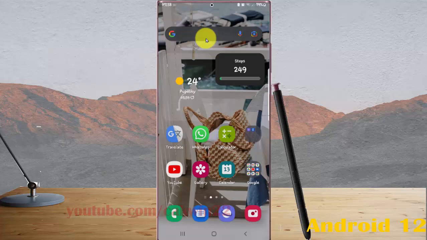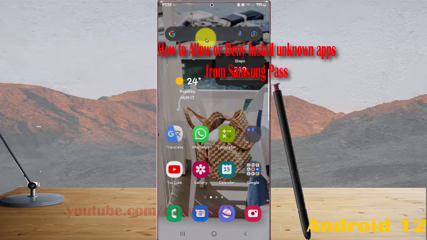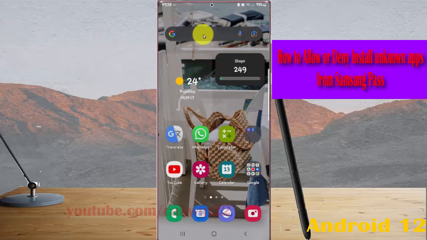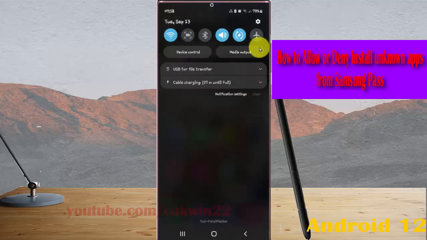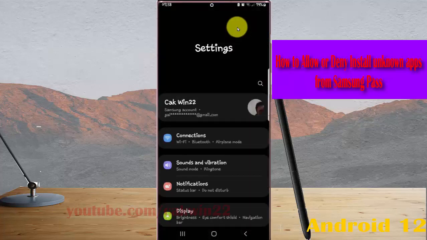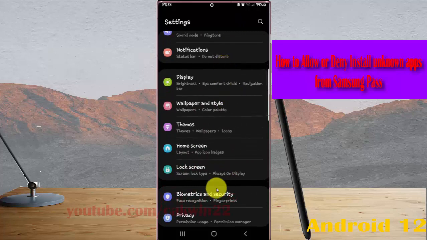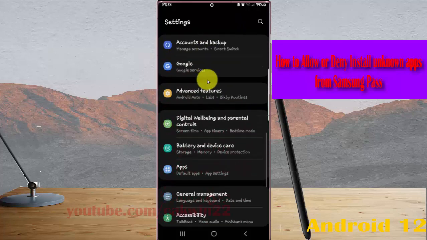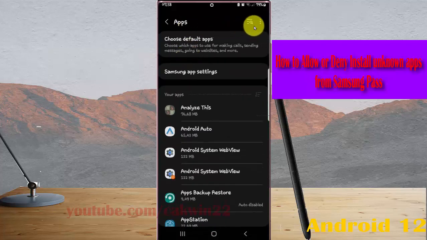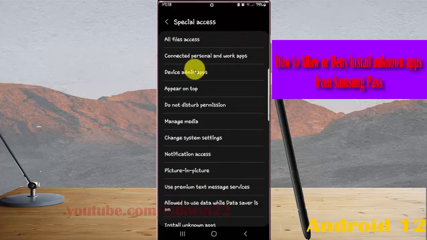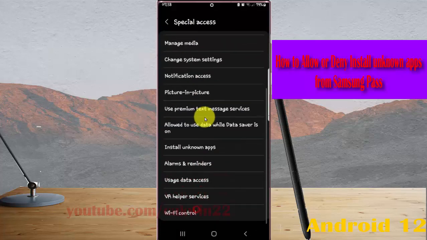To allow or deny install unknown apps from Samsung Pass in Samsung Galaxy S22 Ultra, open settings, swipe the notification panel and then tap settings icon, scroll down settings screen, find apps, and then tap apps. Next tap apps more icon or three dot icon, select special access, scroll down the screen, tap install unknown apps,